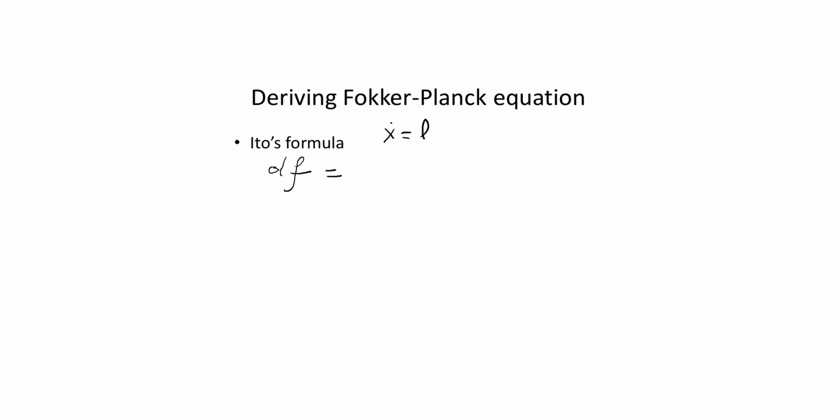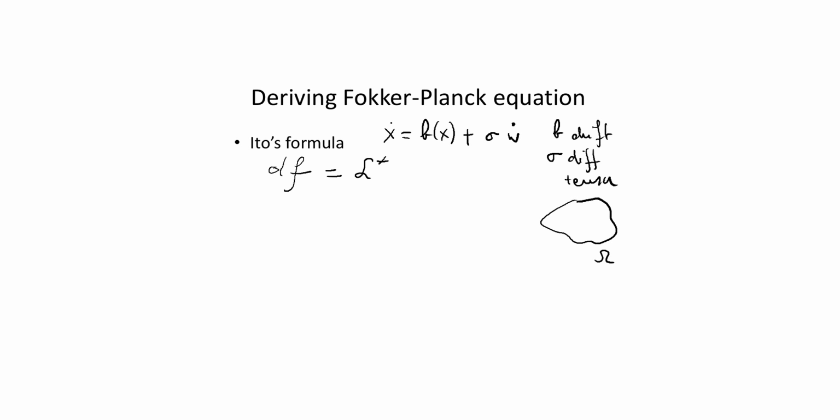X dot equals b of x plus sigma w dot, where b is a drift and sigma is a diffusion tensor. So in that case, the Ito formula can be written as, so we're in n dimension, in the open set, let's call it omega, and in that case df can be written as L star of f